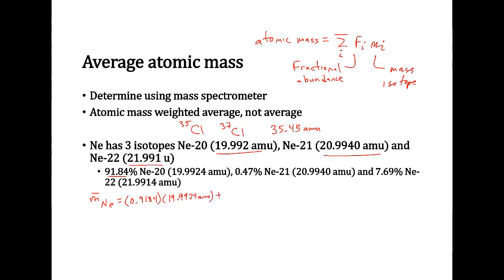Plus, up here, whenever I gave you this summation sign, this capital sigma, that just means take the sum. So our next fractional abundance will be 0.0047 times the mass of the isotope, 20.9940 AMU,